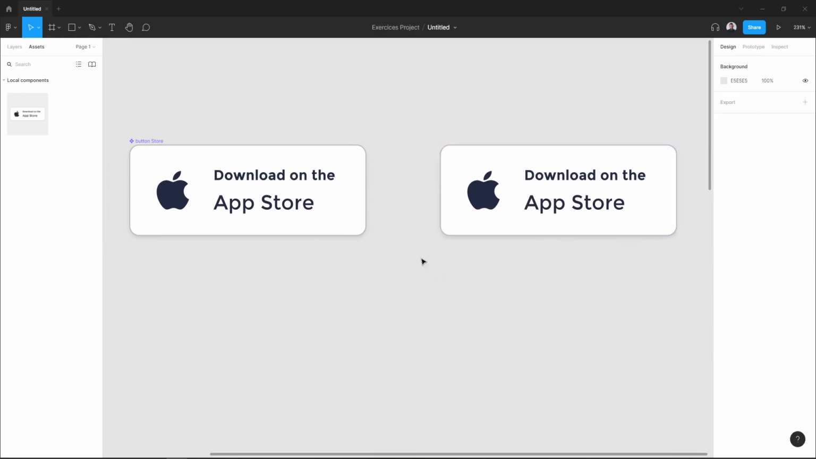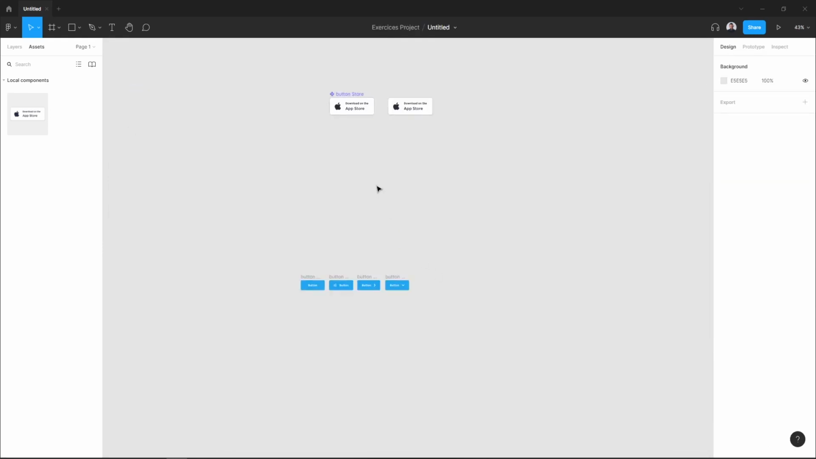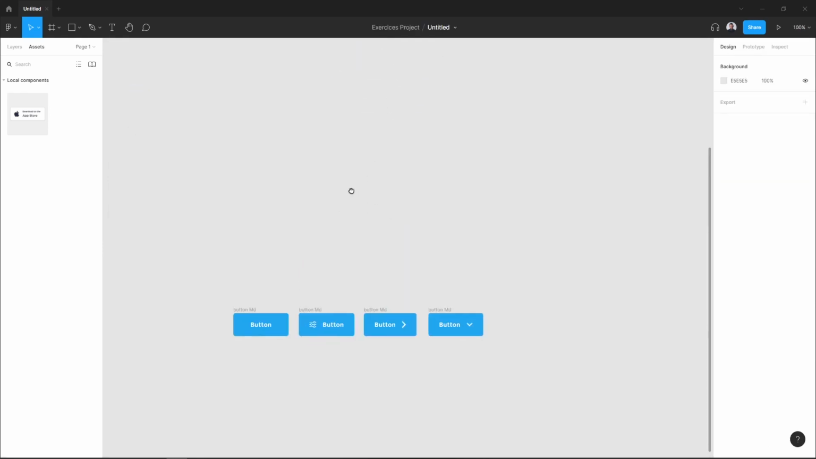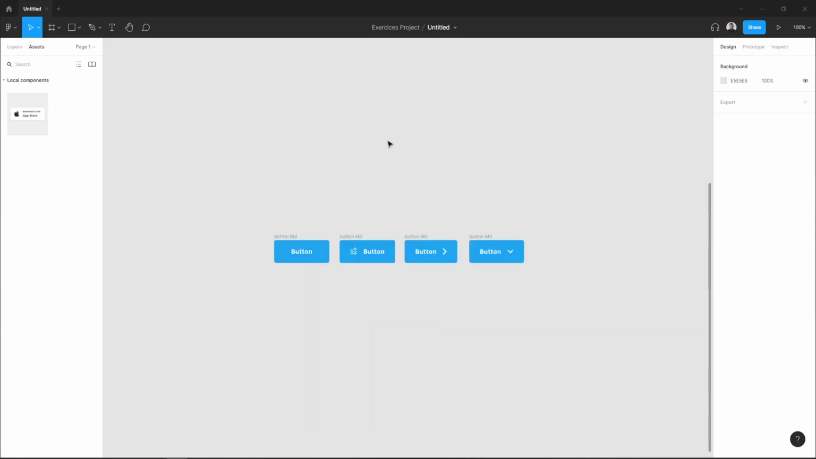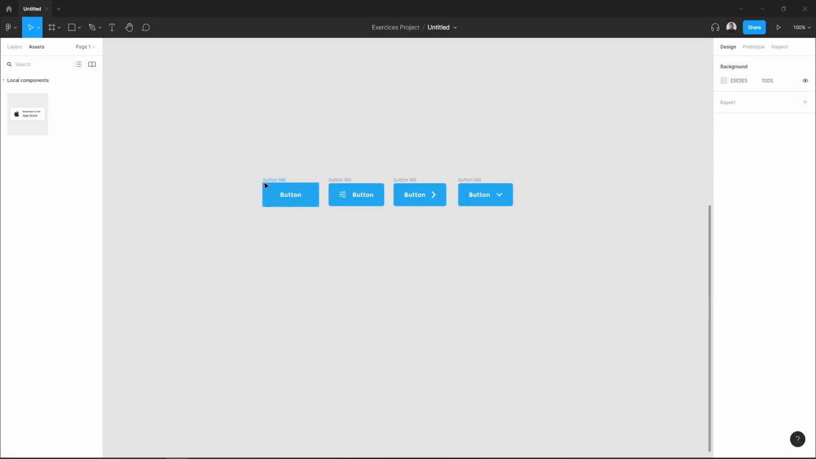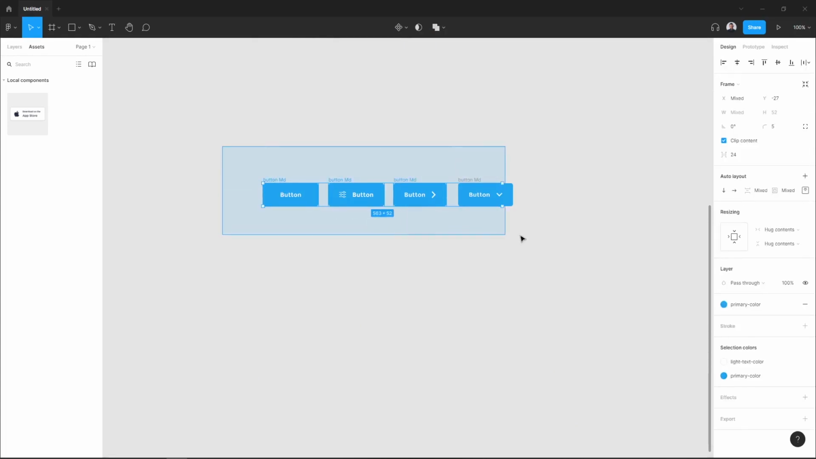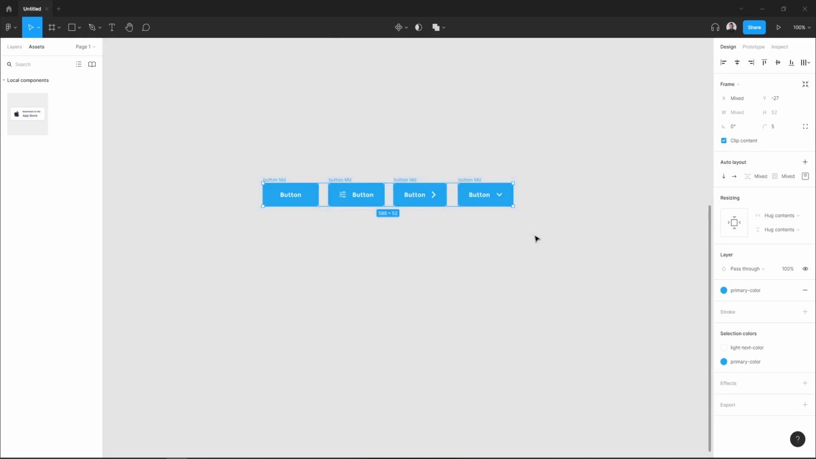So next I want to show you how to create multiple components at once. So here I have 4 buttons, and to create multiple components just select all your button frames here, as you can see in the sidebar, and just go to the arrow besides the component icon and select create